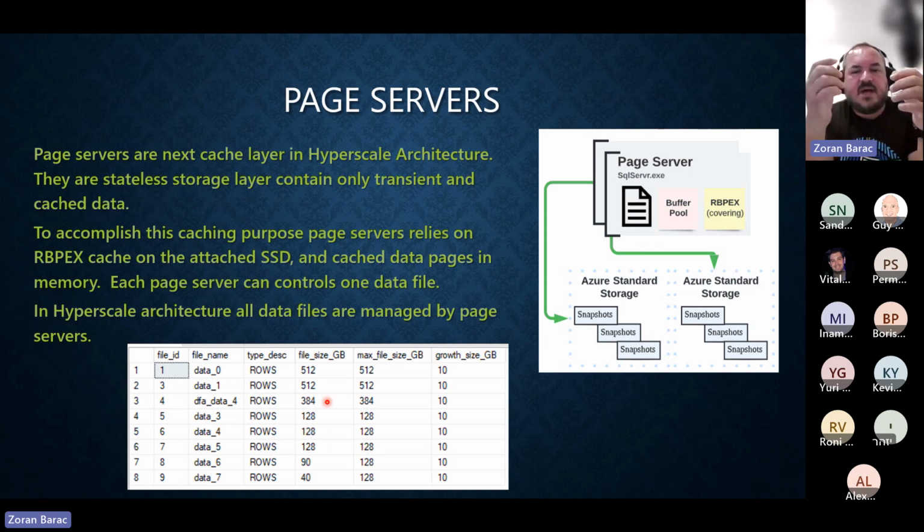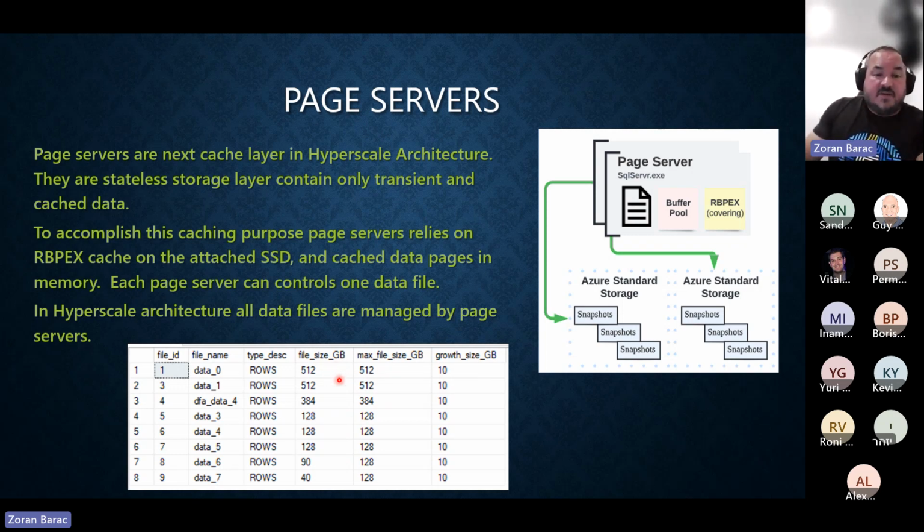I just want to point out that this is something Microsoft tried to improve even more, because this gives you that speed of backup and restore. If you keep all those files at 128 gigabytes, they all work in parallel when restoring, so it's much easier to restore that database. In this case, your restore is going to take as long as your biggest file, so that's 512 in this case.